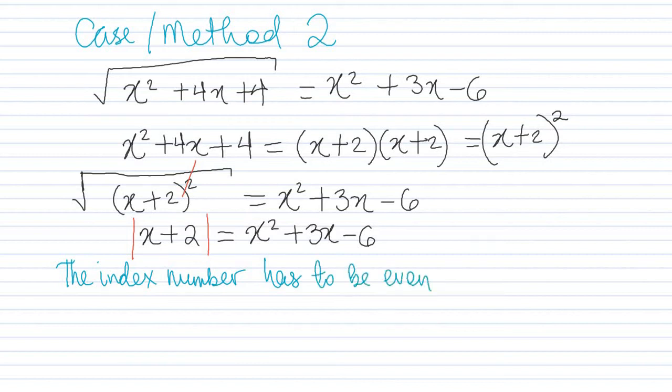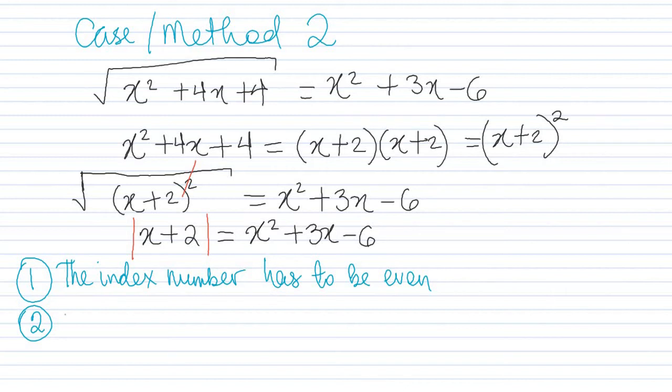So what is an index number? An index number is the number of the root. So if I ask you for the index number for a square root, that's 2. If I ask you for the index number for a cube root, that is 3. The index number of a fourth root, that is 4. The index number of a seventh root, that is 7. So you have to have that as one of the things that must be met,